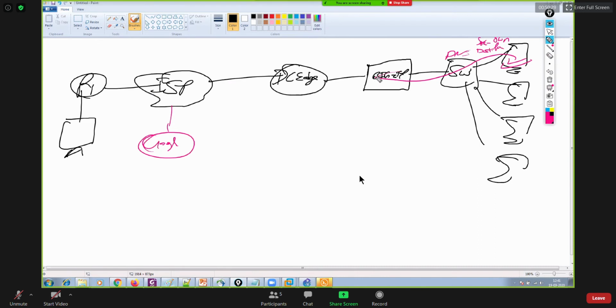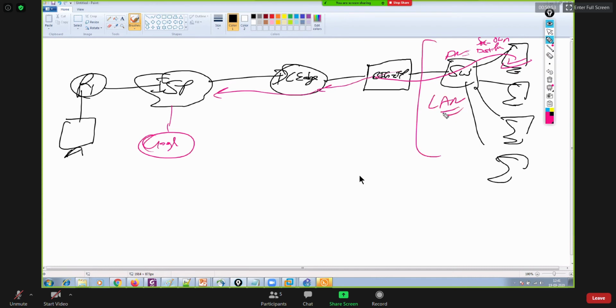So once it hits this big IP, the big IP should give it to the DC edge, and then the DC edge should give it to the ISP. But remember that source NAT is mandatory. If source NAT is not happening, then of course the ISP will drop this data because the source IP was a private IP address.